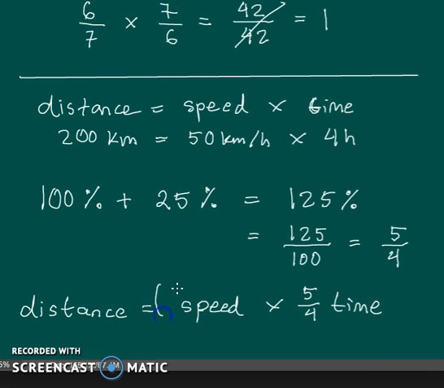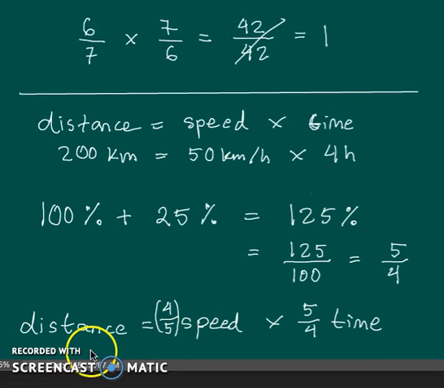Now, what do we need to multiply the speed by in order to retain the same distance that we usually have? Because the distance hasn't changed. But if we took longer, that probably means that we traveled more slowly. And using our knowledge of reciprocals, we know that in order to keep the same distance, we have to multiply by the reciprocal of 5/4, which is